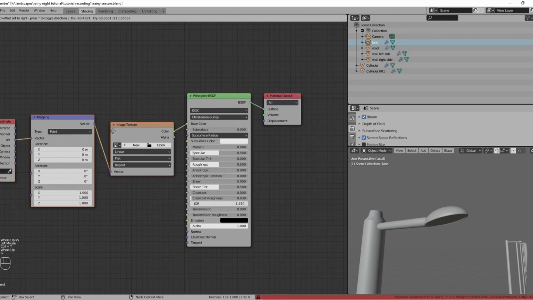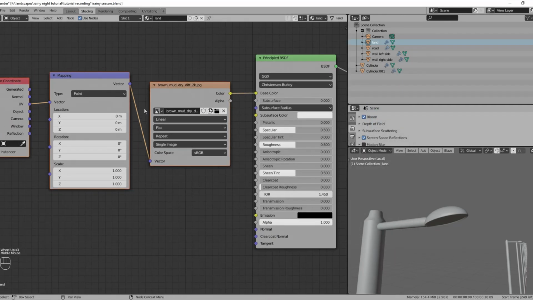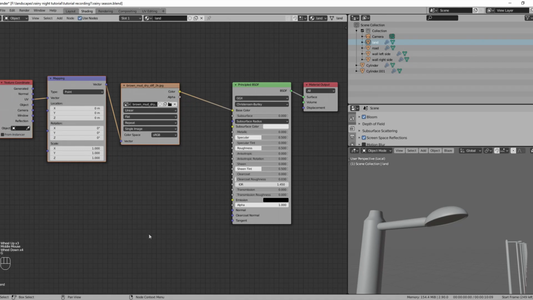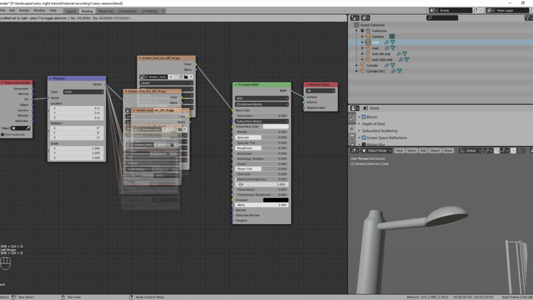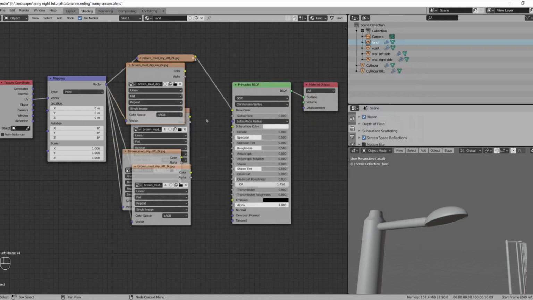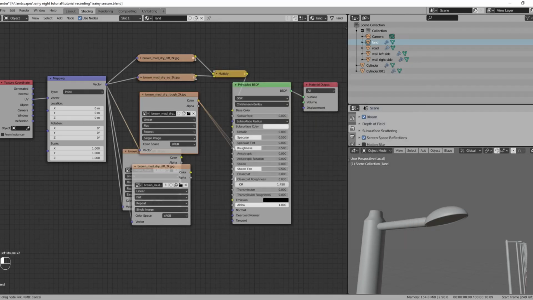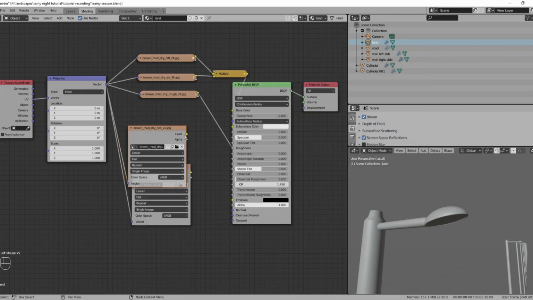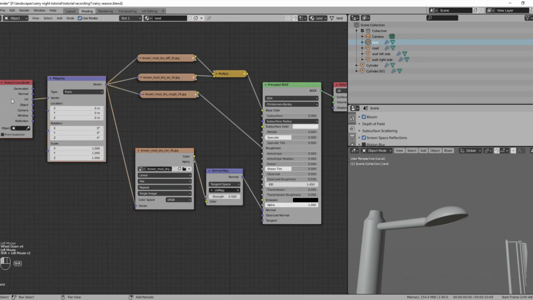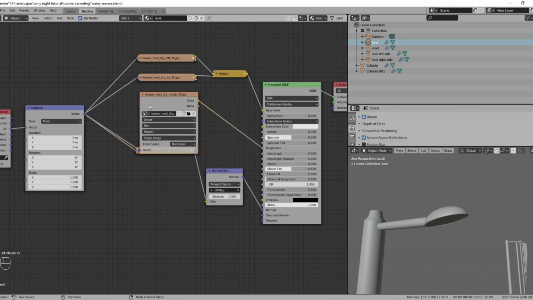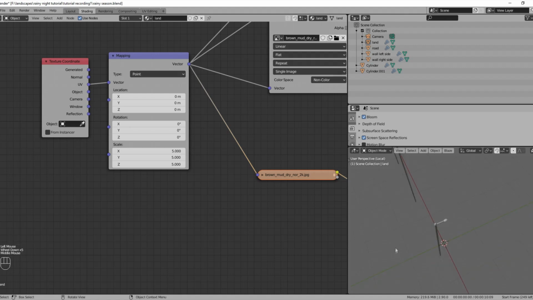And now I will be adding the soil texture to the land. I already have a soil texture, so I will be going with that. But this time I have to manually load all the maps because this has some extra maps like specular, ambient occlusion maps, etc. So this cannot be added directly by pressing Ctrl plus Shift plus T, and this creates some kind of error. I don't know why, but okay, I have already loaded all the texture maps. And don't forget to scale the texture mapping of the soil texture to some larger values like 5 or 10 or 20 would be nice enough.